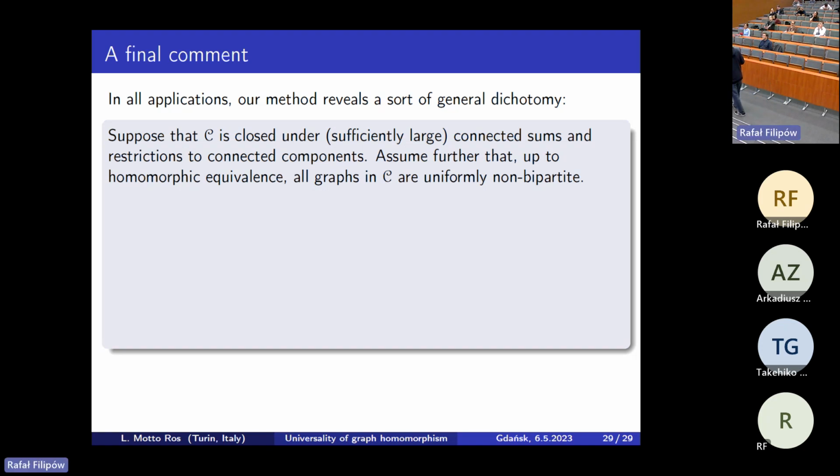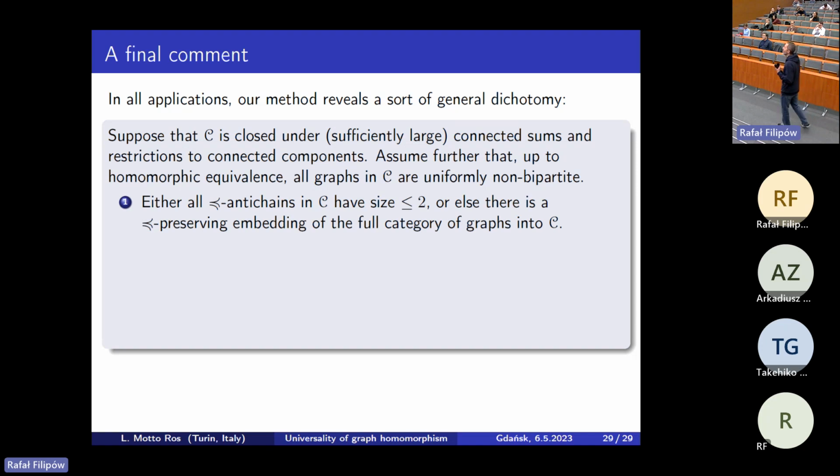Assume also that your graphs are uniformly non-bipartite. This is a technical condition we would like to remove, but we can't. But it's very large. I mean, it's not that bad. It's quite a natural thing. Then what happens is that either you have just a very small anti-chain, size 2, or if you have at least